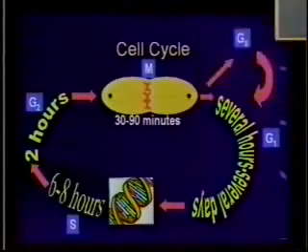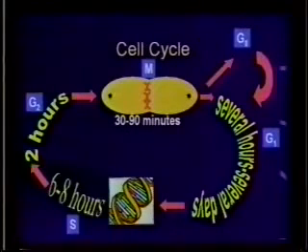So this would be the cell cycle. And here you can see the cell cycle is divided up into essentially two phases, the mitotic phase and the resting phase. The resting phase is further broken down into 4 phases. The G1 phase, which takes several hours to several days, is associated with the synthesis of RNA and enzymes that are needed for DNA production. The next part of the